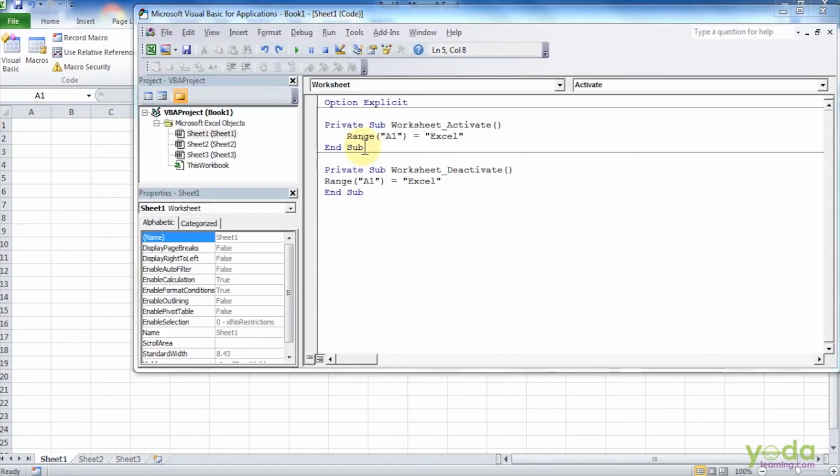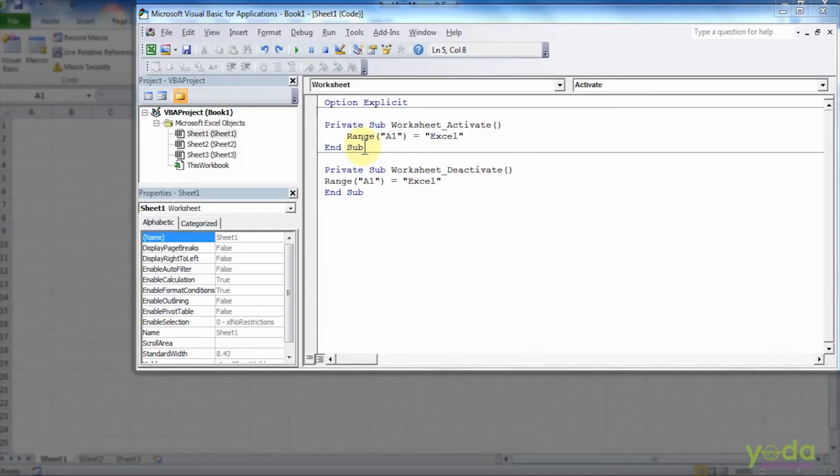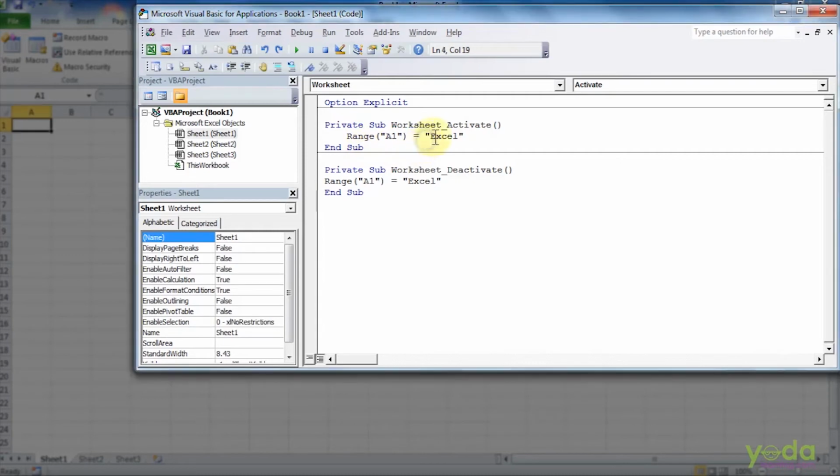Thank you. Hi, in this video we will see how to create the worksheet activate and deactivate events. Earlier we saw the workbook event, now we will see the worksheet event. Now here is the code for the worksheet activate event. All we need to do is, next to worksheet we have to mention the activate code, and this code will type Excel in the range A1 the moment the sheet gets activated.